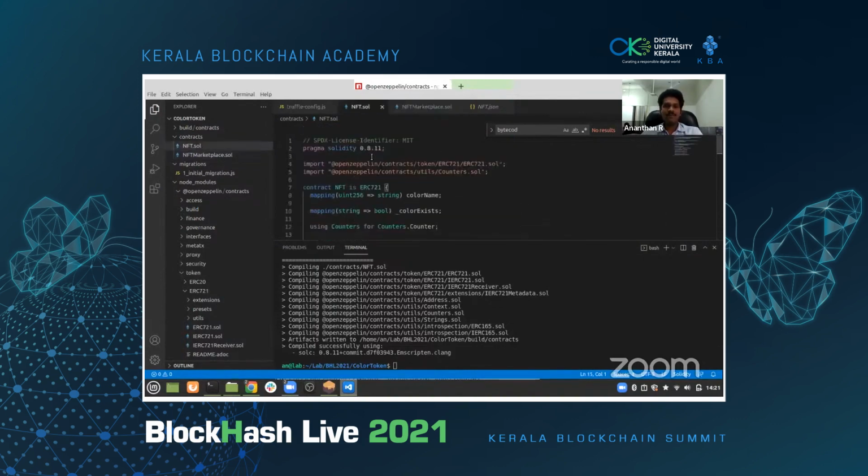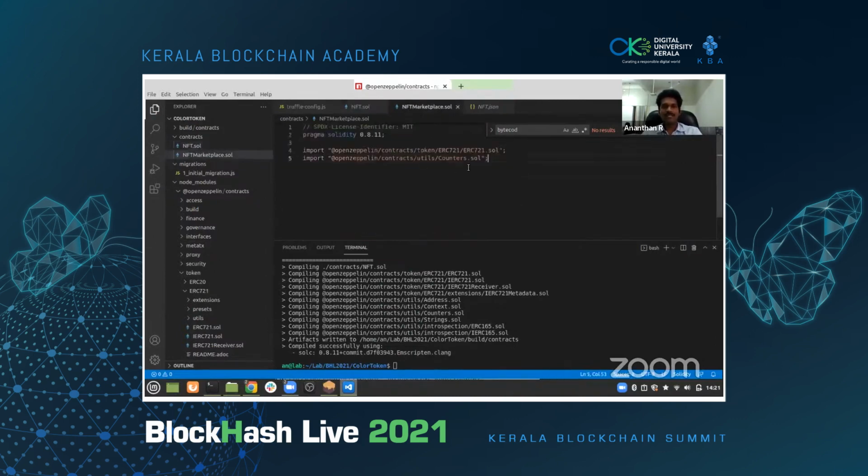Okay, so just like before, we can copy these things and reuse them. We need the ERC721, and we need the counters also. We also need one more